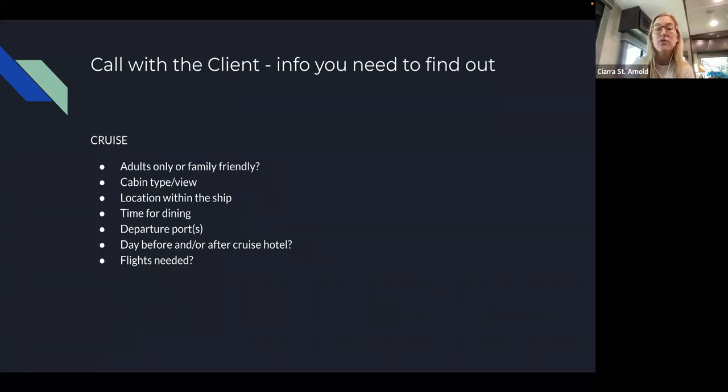There may be some people that are flying, so it doesn't matter as long as they can get there by plane, they're good. But that is always something I ask: how far are you willing to travel to get to this port? Or which one is closest to them, because that'll obviously probably be cheaper. I also like to ask if they are going to want a hotel the day before or the day after their cruise. I do recommend this, especially the day before, maybe not so much the day after, just to ensure that you get there on time and you have plenty